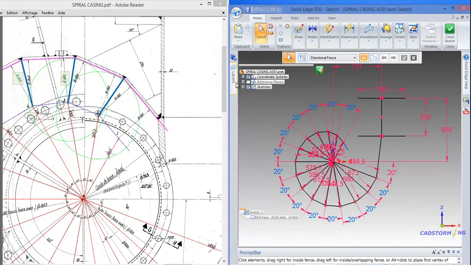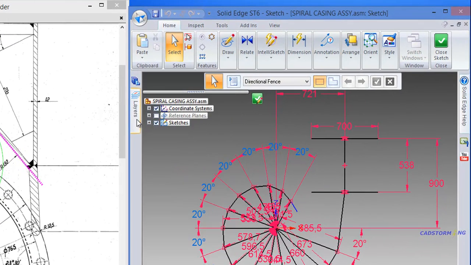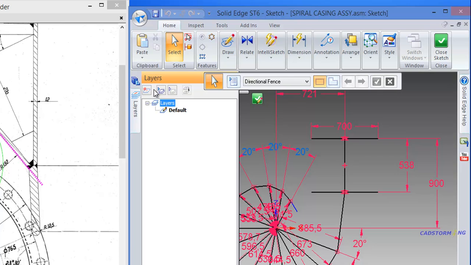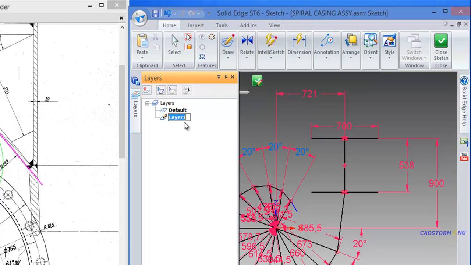To access the layer tools, click on this layer tab, and at the top you will have the tools available: new layer, show layer, hide layer, move element. By default, all the entities are created in this default layer. We are going to create one layer for the radial lines and another one for the dimensions. So new layer, and we will rename it radial